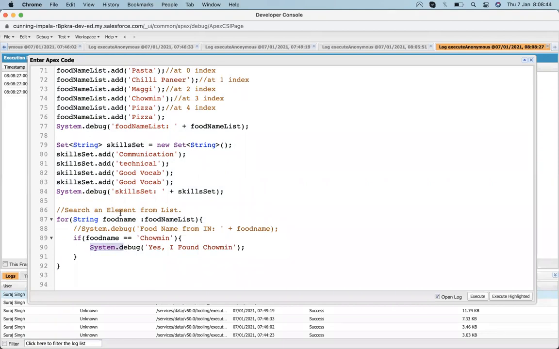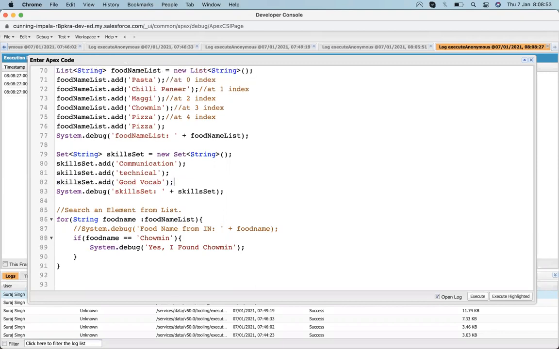But in case of a set, we have some other capabilities. Suppose I need to find an element inside a set, I don't need to write a loop. It directly has a capability that will let us know whether that element is present or not.